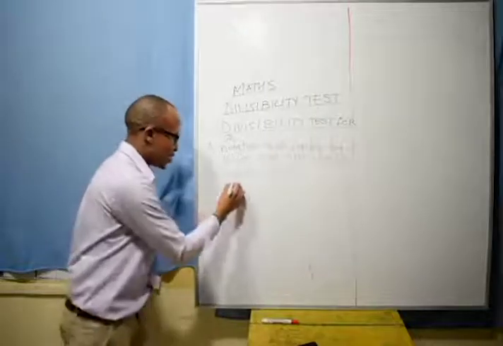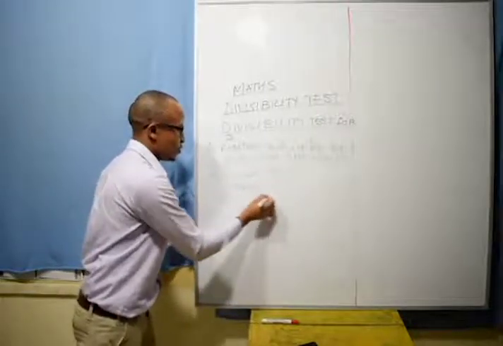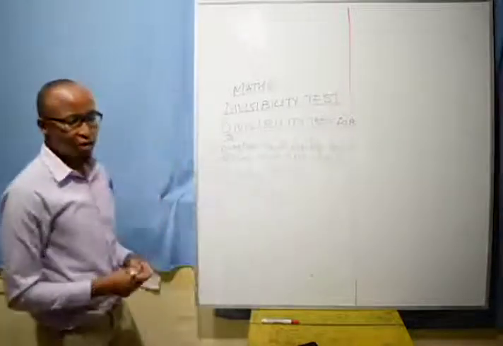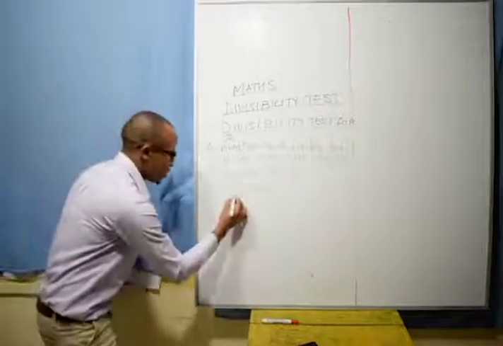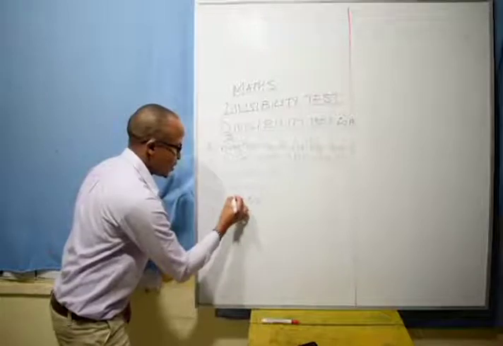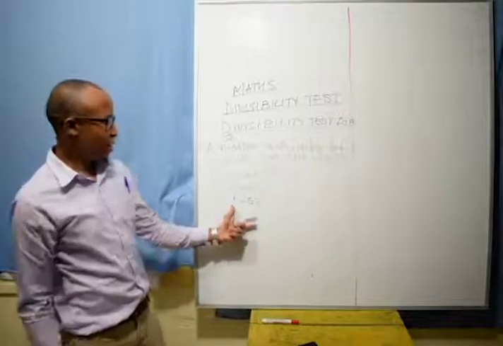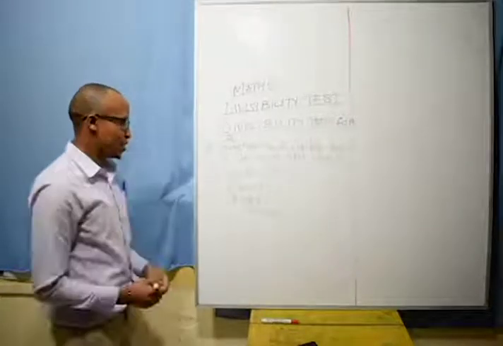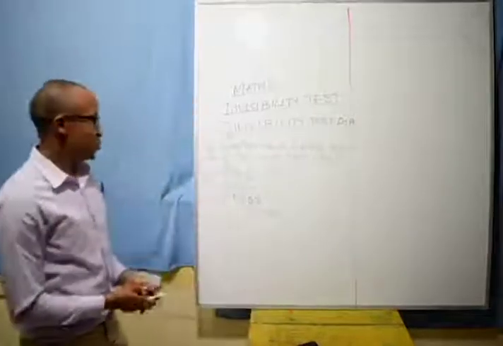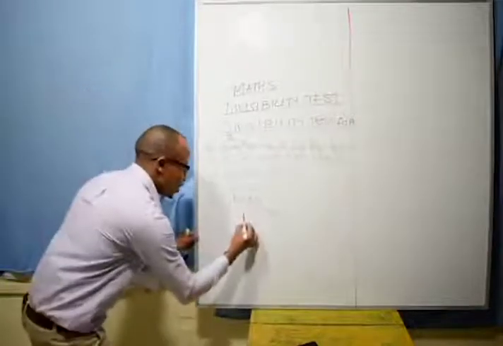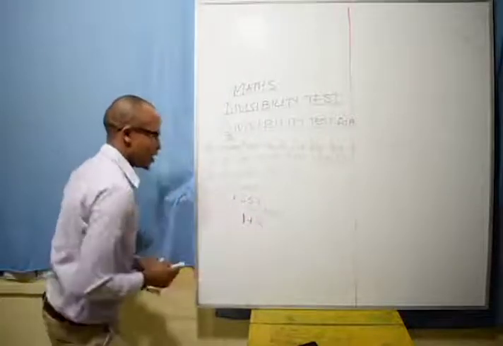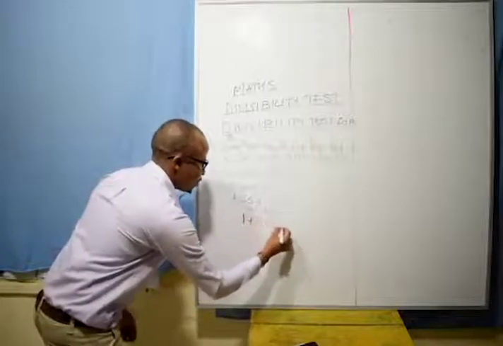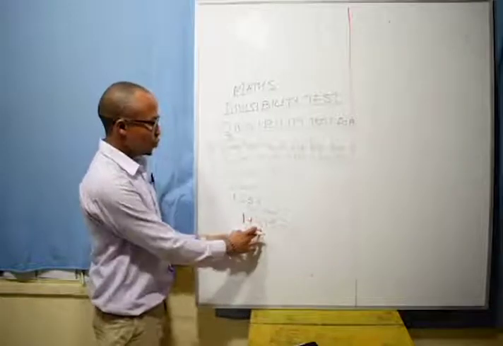For example, you can be given an example. So for example, you can be given a number like number 1. An example of that question, you can be given a number like 1257, and then you are being told, is that number divisible by 3? What are you supposed to do? So you can say solution to that question. You take 1 plus 2, plus 5, and then plus 7. 1 plus 2 is 3,